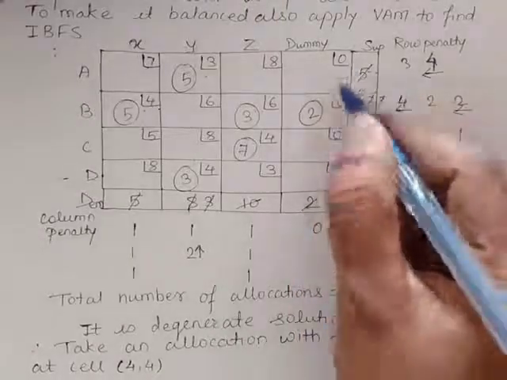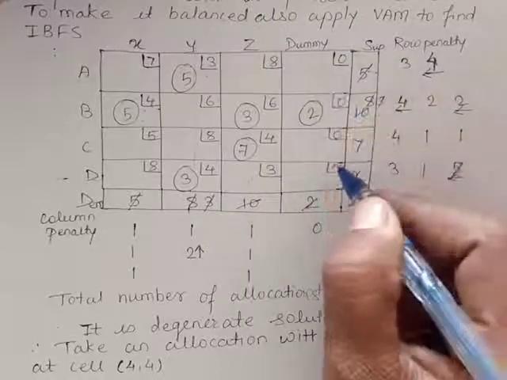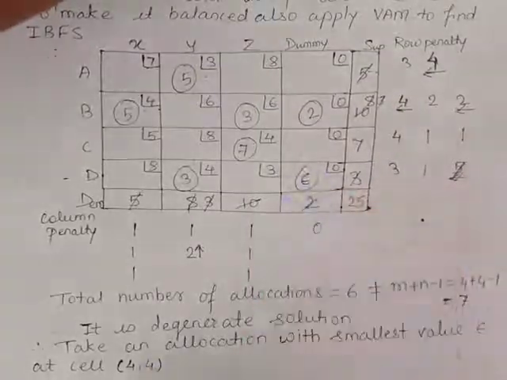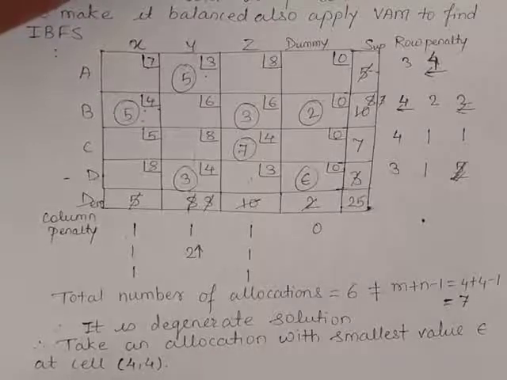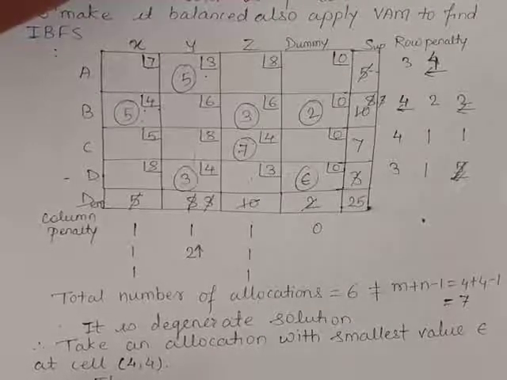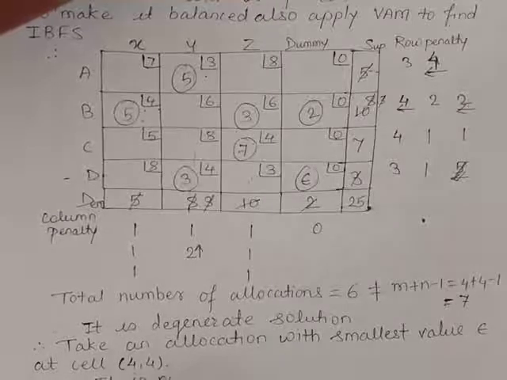We can take at these 3 cells here because the least cost is 0 here. So let me take it here epsilon. Okay, therefore it is non-degenerate,